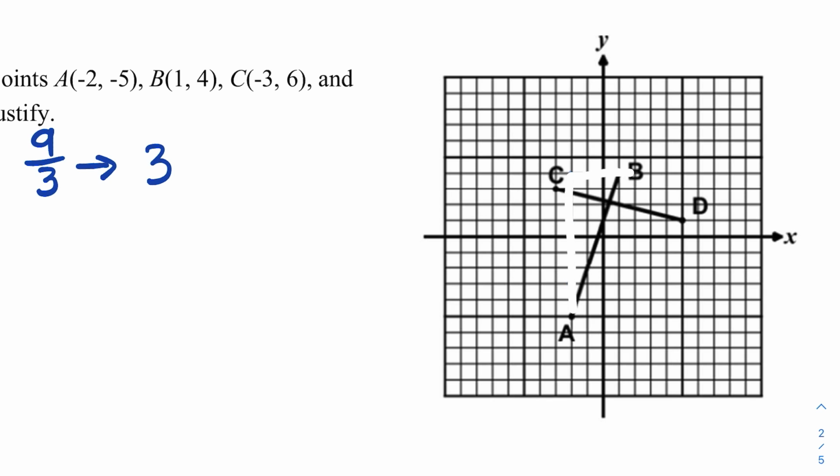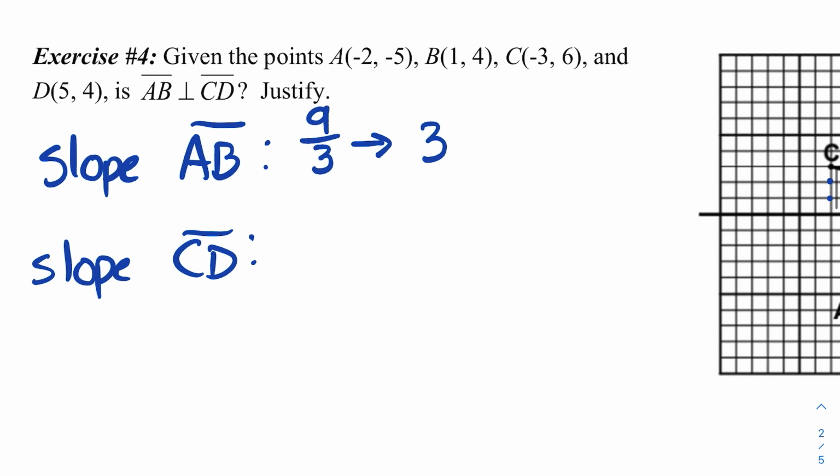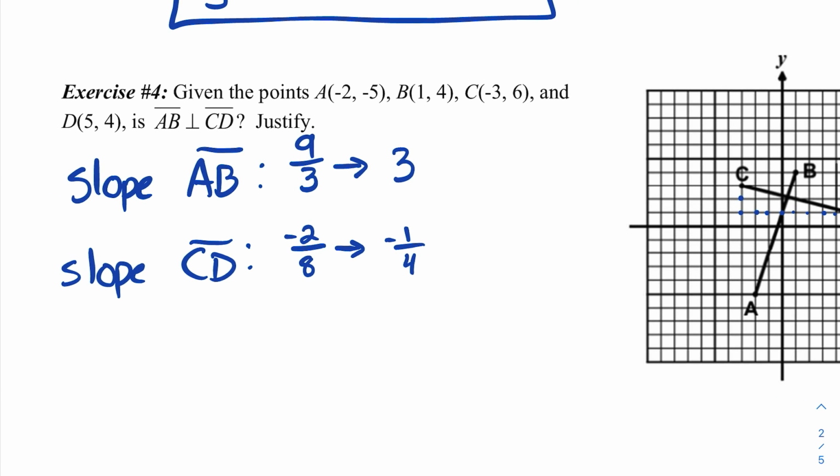Slope of CD: down 1, 2, over 1, 2, 3, 4, 5, 6, 7, 8. Down 2 over 8 simplifies to -1/4. So I'm looking at this: 3 and -1/4 are not negative reciprocals. So I'm going to say no,